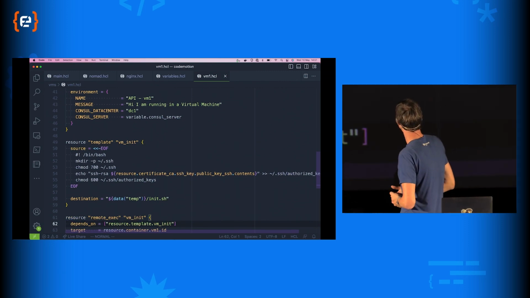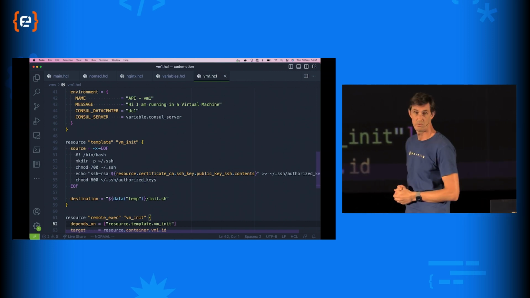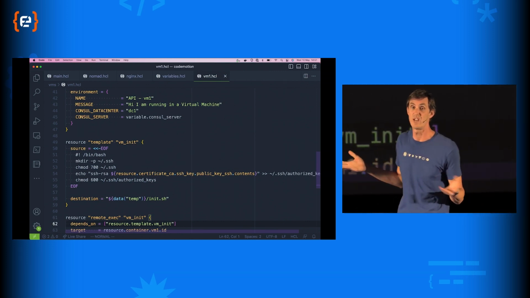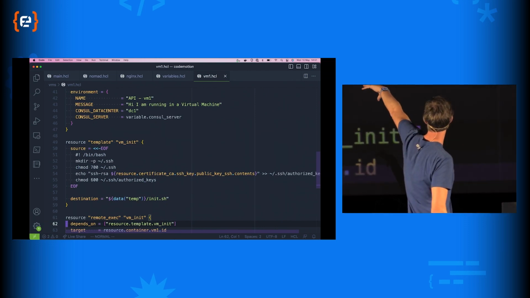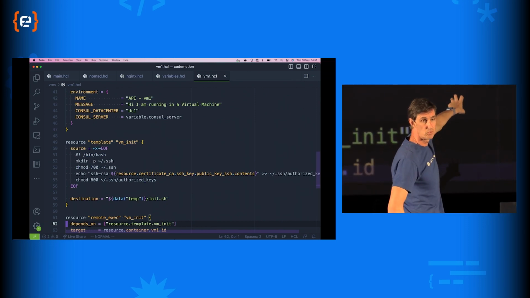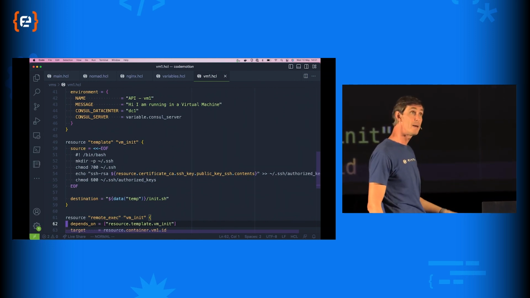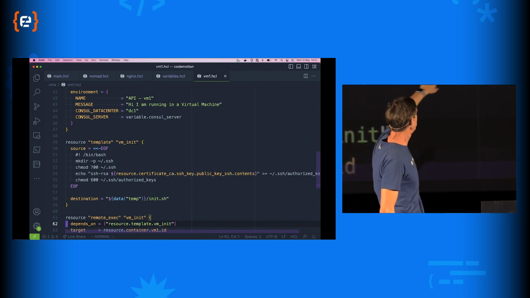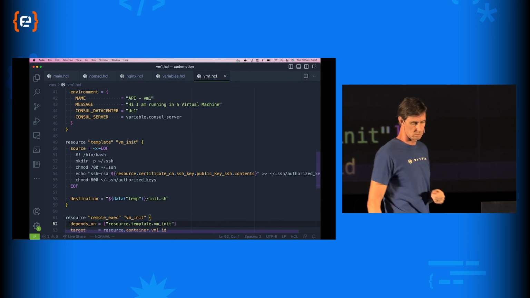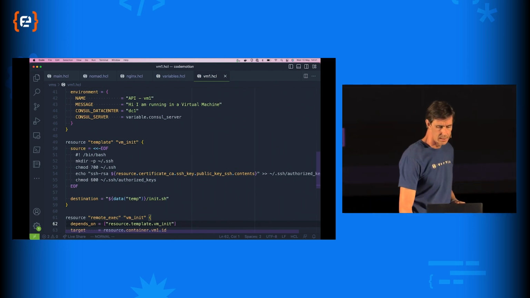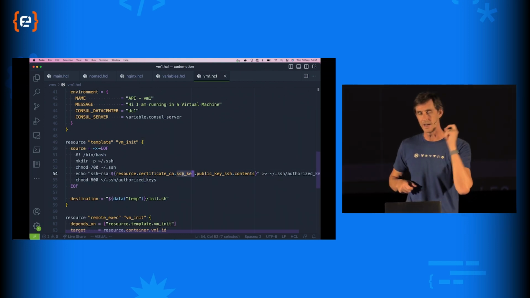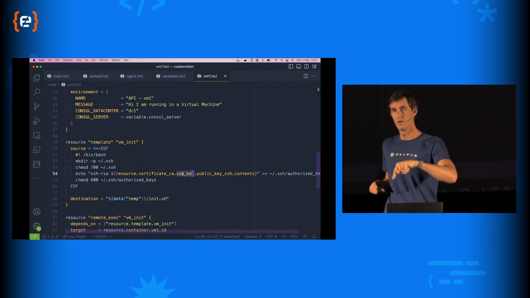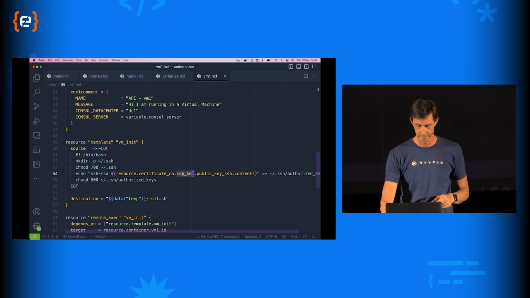What we can do is use a template resource, and a template resource allows us to just generate a file. So in this instance, I'm generating my script, which I can run on the VM, which is going to add my key to the authorized keys. Because I'm using this interpolation, I know that this script will not run until the key has been created.